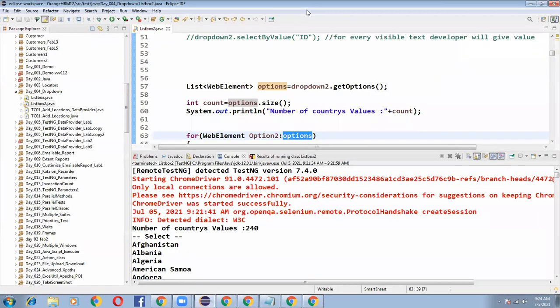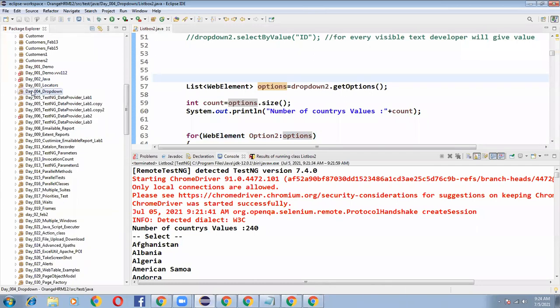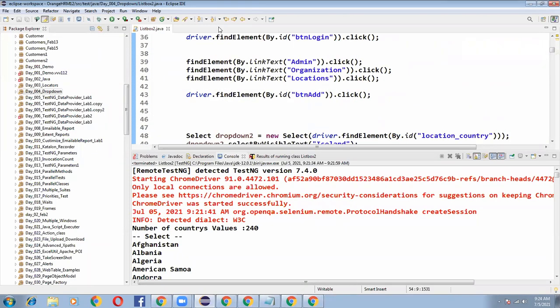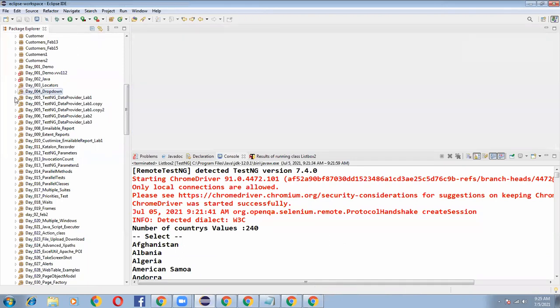So now let's go to the next point. Now we have completed drop down. Okay, has anybody any doubts in drop down before moving on to the next topic? Okay, right, hope everyone is clear. So now let's go to the next point. Okay,